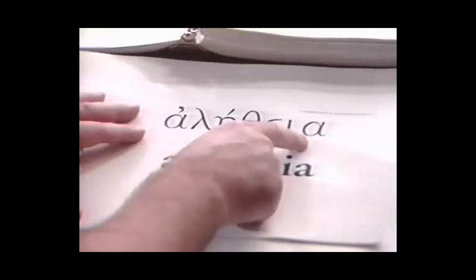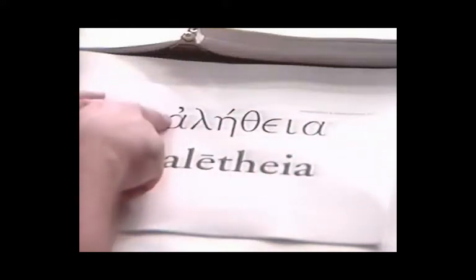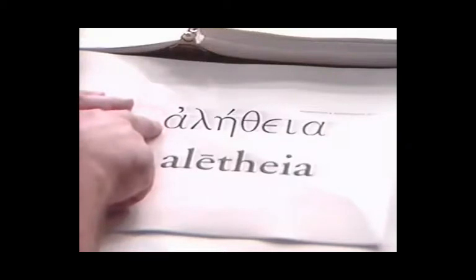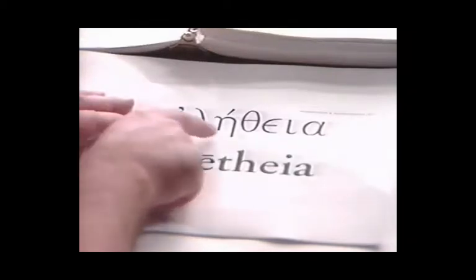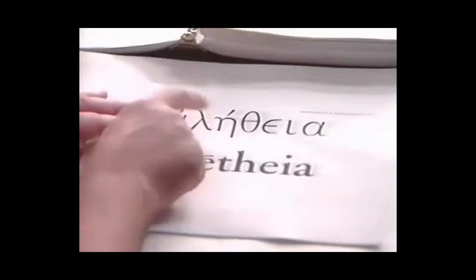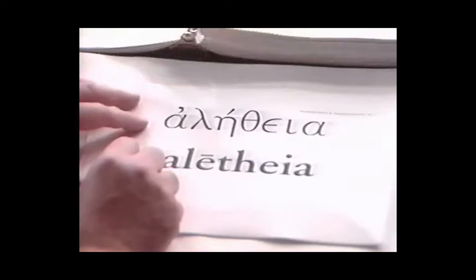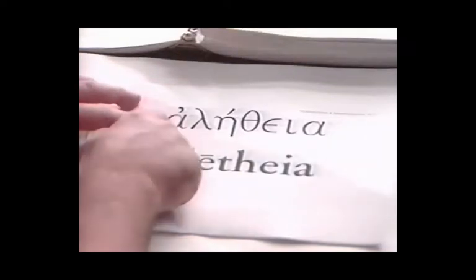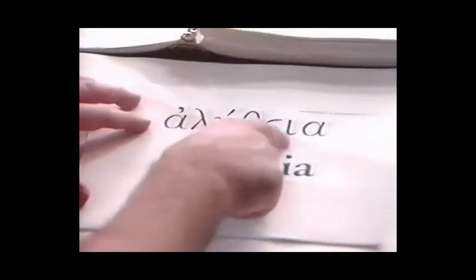And the last letter, alpha. The mark over the alpha is a smooth breathing mark. The mark over the eta is an accent, an acute accent. Therefore, we will pronounce this word aletheia,